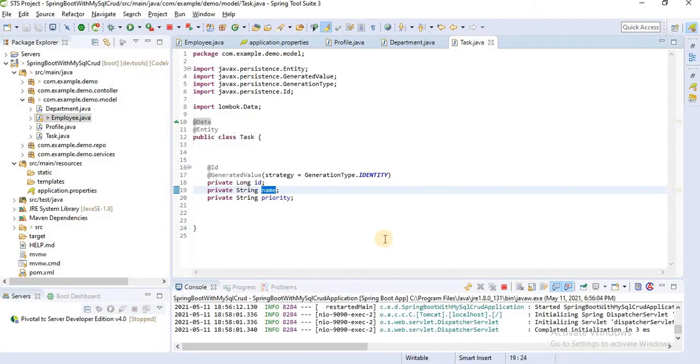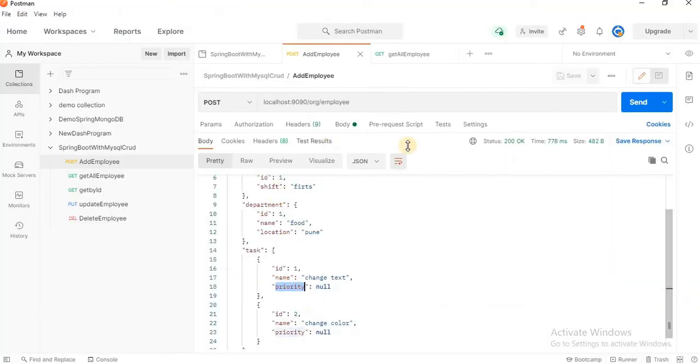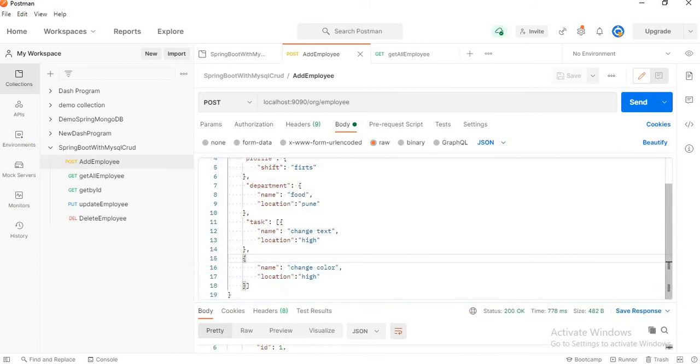Let's fix that. Copy this priority and go to our body, change here location to priority. We forgot to change this. Okay, let's click send again.